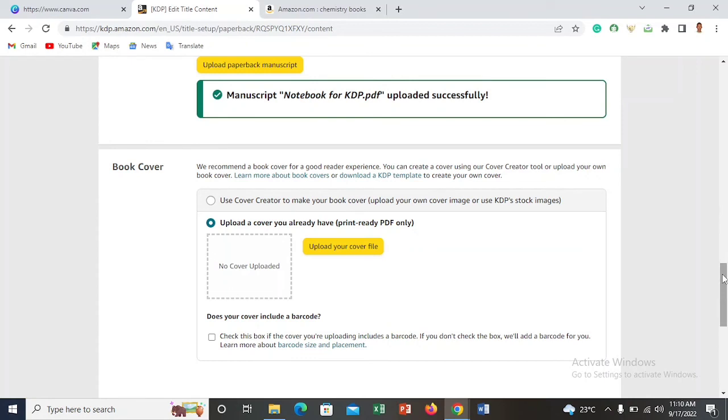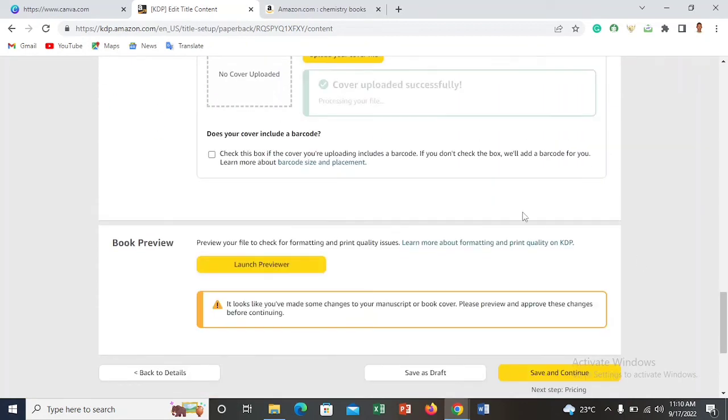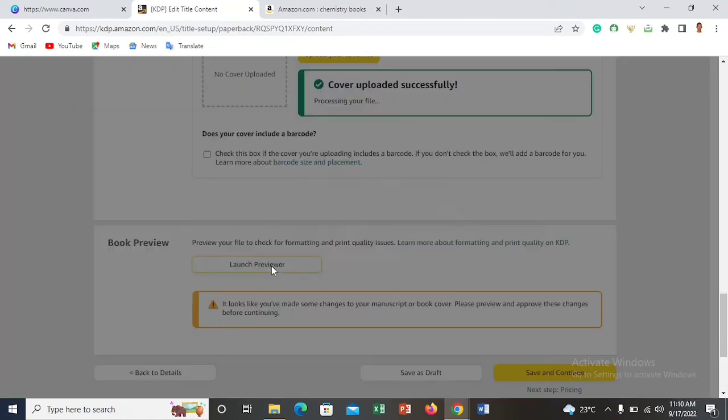So the next thing that we are going to do now is to click on preview, to launch preview. Remember, if you are publishing a standard book like notebook, textbooks or novel or any other large print books, you may need to check this box, especially if you are providing a barcode for your book. But if you are not providing a barcode for your book, Amazon will assign one for it, and then you leave this blank. So we now go to launch preview,